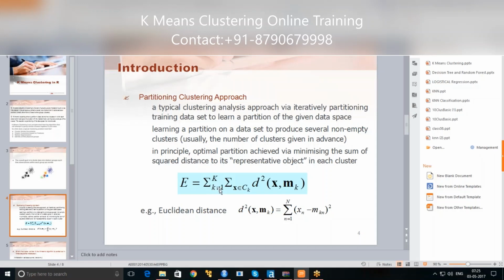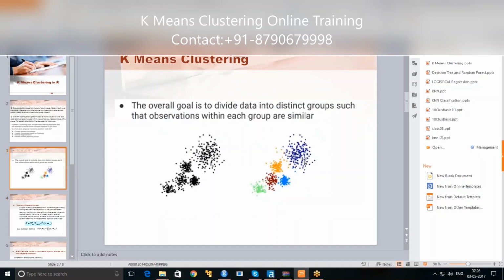So it will take the first group, k equal to 1, and it comes here, and it will find the distance between all the 100 points and the mean of the first group. So the mean of the first group probably has some points there. So when we do this here, we have 5 groups, correct? So for the first group, what we'll do, this is the first group, correct?